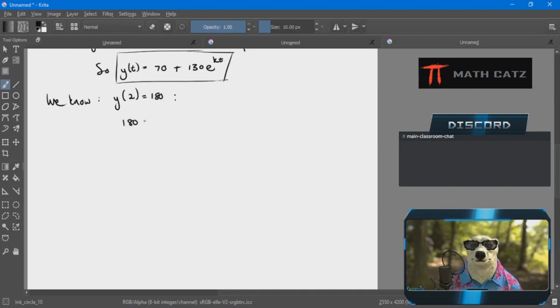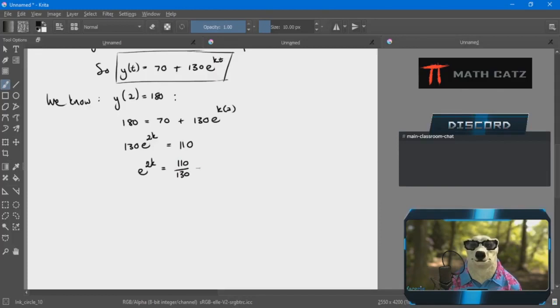So that means plug in 180 for y into the function, e to the k times 2. So 130 e to the 2k is therefore 180 minus 70, which is 110. So e to the 2k is 110